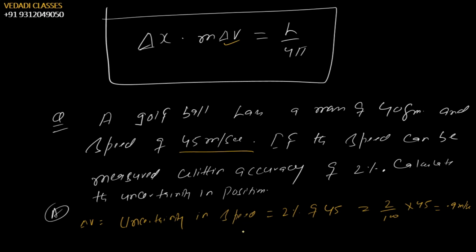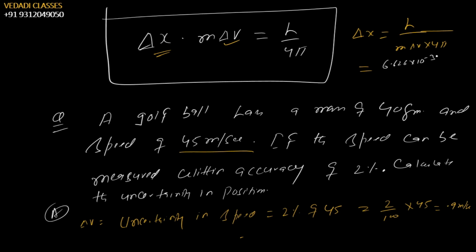Now to find out delta x, you use this formula. I'm writing over here only. So delta x is equal to h upon m into delta v into 4 pi. Put the values, you will get the answer. What are the values? Your value for h is